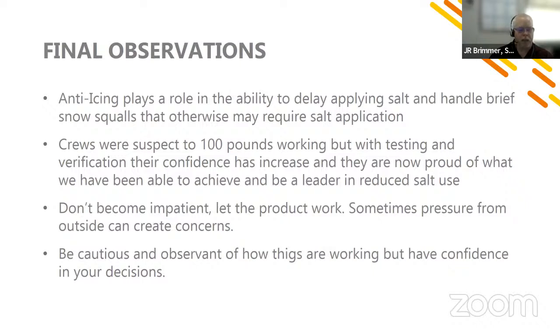to get your roads clear. Again, our crews were kind of suspect, especially crews that had been around for longer and were used to the 300 pounds. Is this going to work? But we have an excellent crew. We included them in all of this research and discussion. They were a big part of that. We wanted them to have the buy-in and some say in it. We can't say enough about how important it is that they accepted this and understood it,